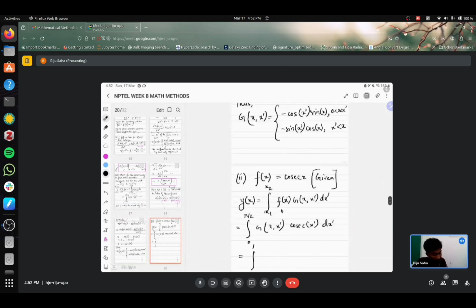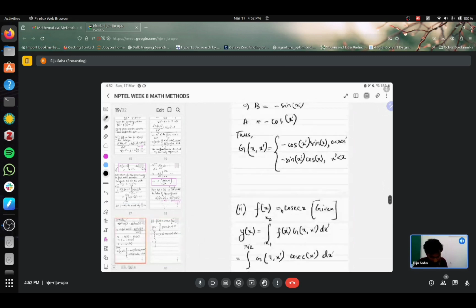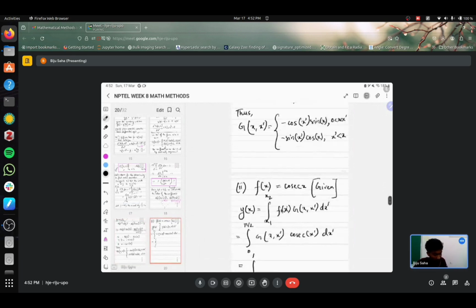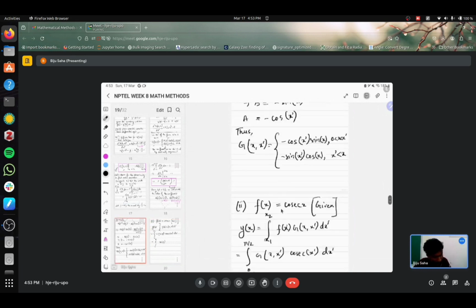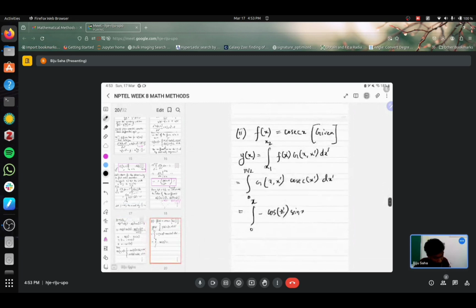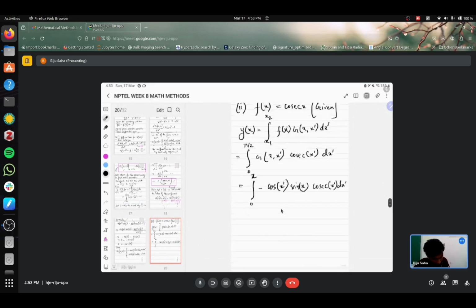So I have, for certain values in this entire range of dx prime, for half of the interval, or say from 0 to x, the value of gx is given by minus of, and the other is